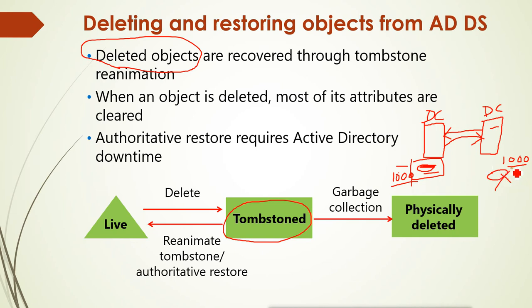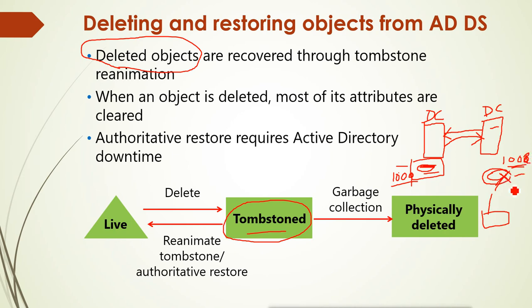So when you delete the user, it is actually not deleted, it becomes the tombstone. So what do tombstones mean? It will remove all the properties of this object, whatever information attributes are there, like membership, or other information like address, phone number, everything will be removed from this object. Only the UID will remain. It will become the tombstone and go into the deleted object, and the object ID for this object will be updated. Like it was 1001, now it will become 1020 or 1002 and be marked as deleted.